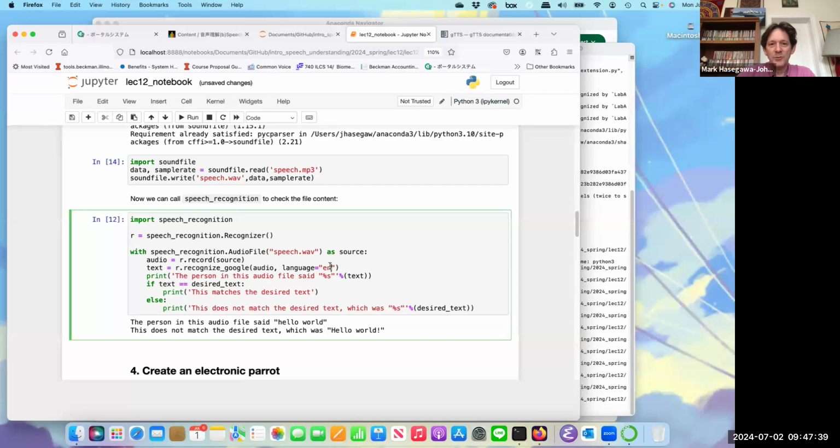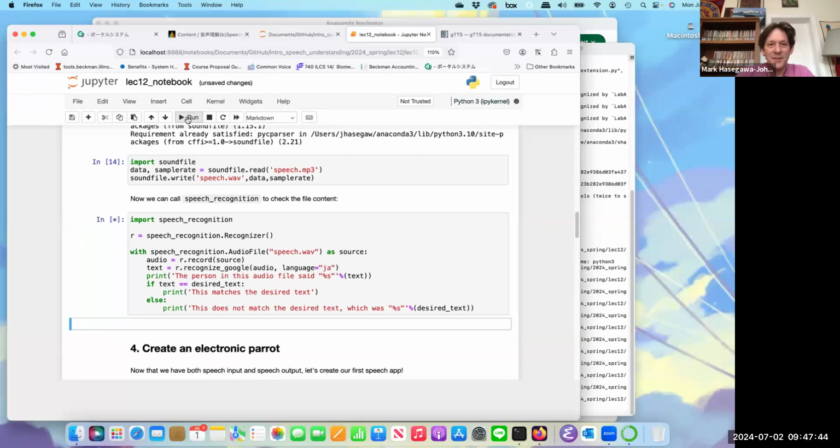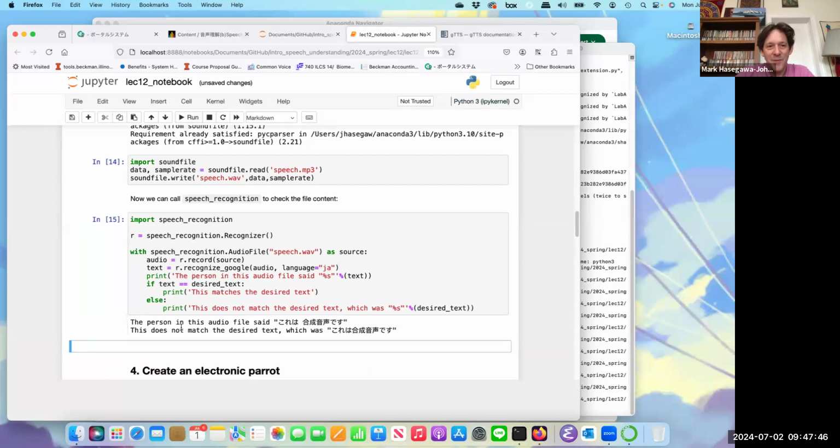And now I'll try to recognize it as Japanese text and see if it's the same as the Japanese text that we had in the input. And again, it says this does not match the desired text because the recognizer output the text with a space, but the desired text had no space. And so the speech recognizer is correctly checking, but our string matching is not robust enough.